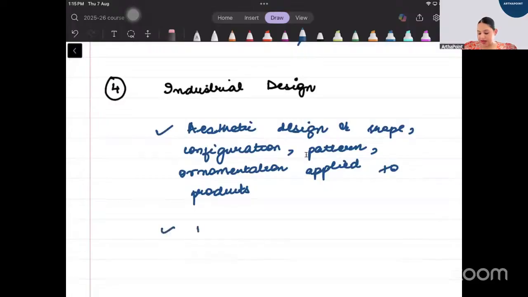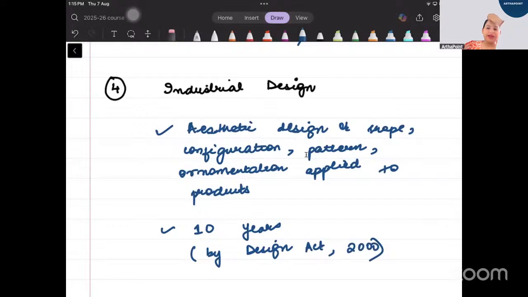The time period for which you're given the right here is 10 years, right? And it is extendable by 5 more years with the help of the Design Act 2000,